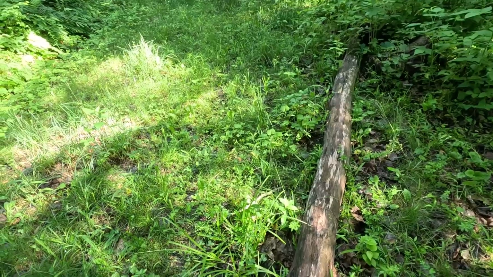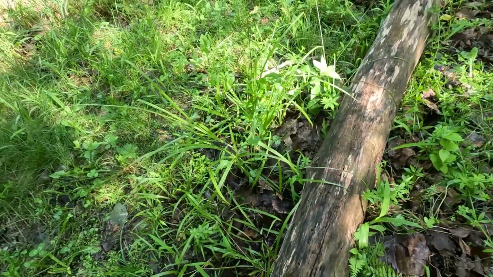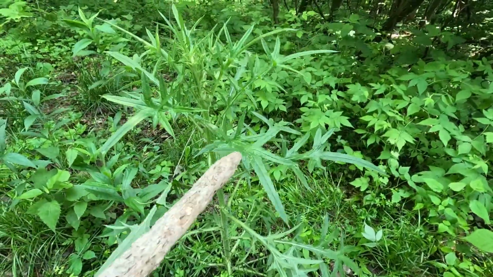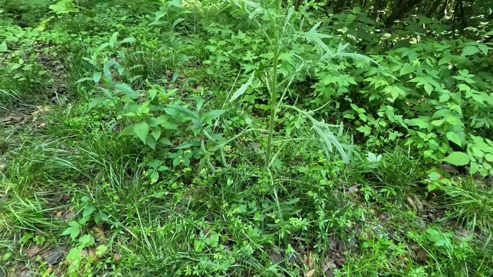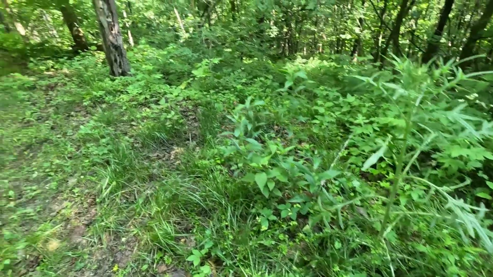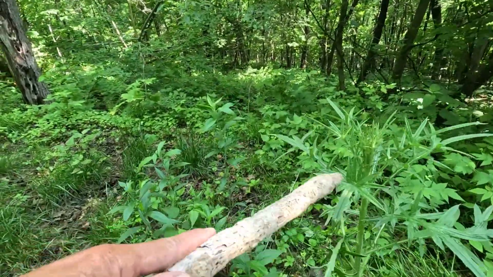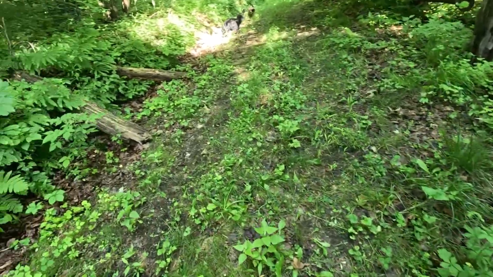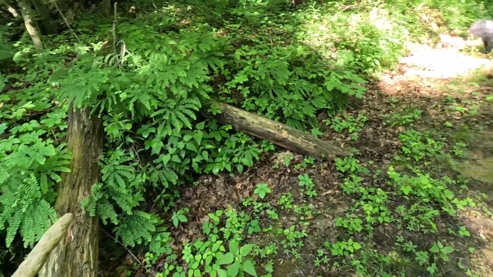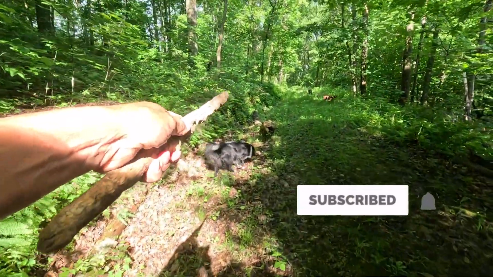All right, let me see how heavy this is. Let me get this out of the way. Big old thistle. Yeah, stuff like that has to go as well, because when you're driving the Gator through here, if that brushes into the cab, that's a definite ouchie. All right, we'll get the chainsaw for that. And for that,